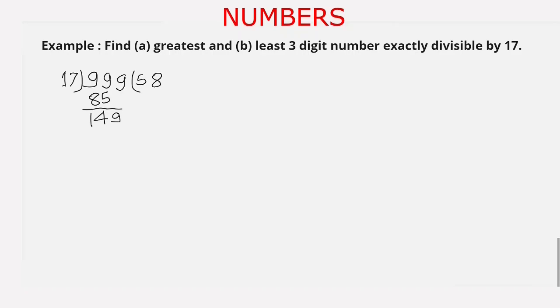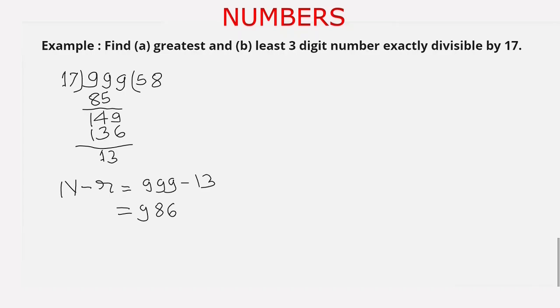So it divides it for 8 times, and 17 times 8 is 136, and on subtracting 136 from 149 we get 13. So n minus r is 999 minus 13, we get 986, and this is completely divisible by 17,